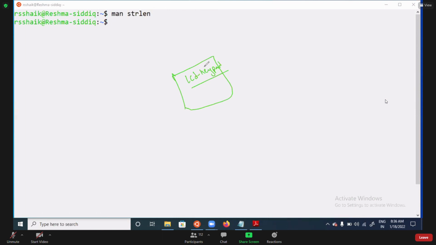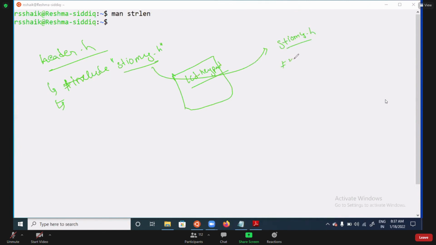But generally what they will do, they will take header.h, and in that header.h they are going to take some other header file. Some persons will take one more header file again, and keep it in some other folder, and after that they are going to create some links. Like a hard link will be there, a soft link will be there.